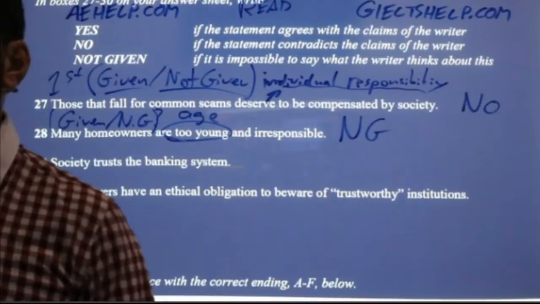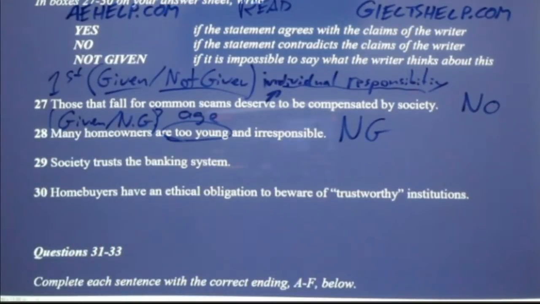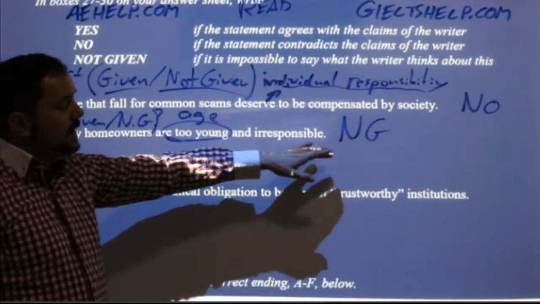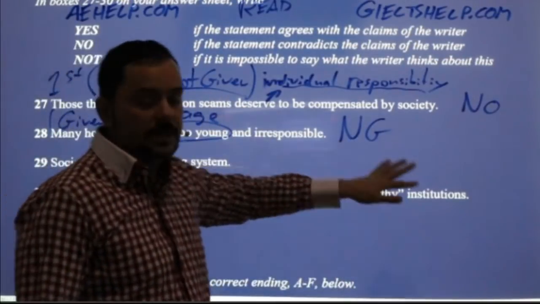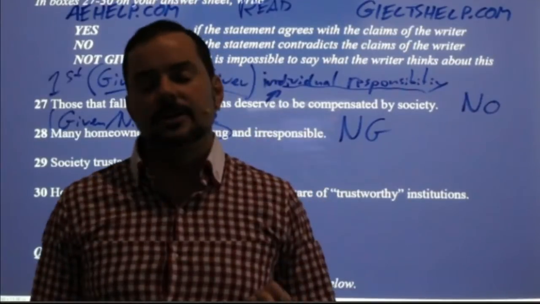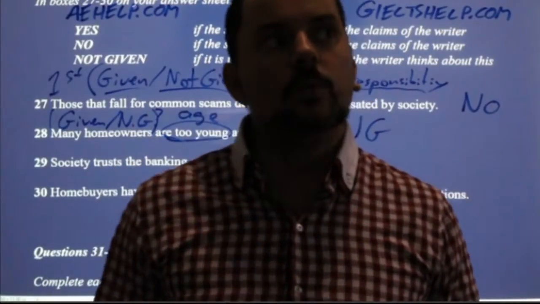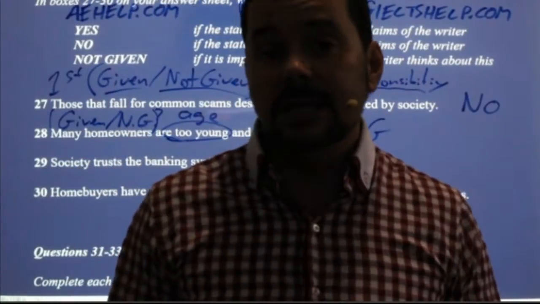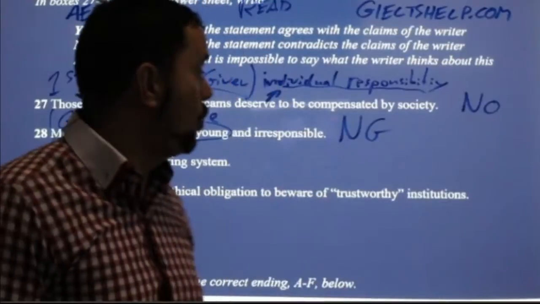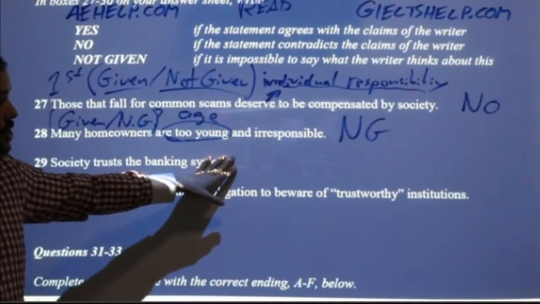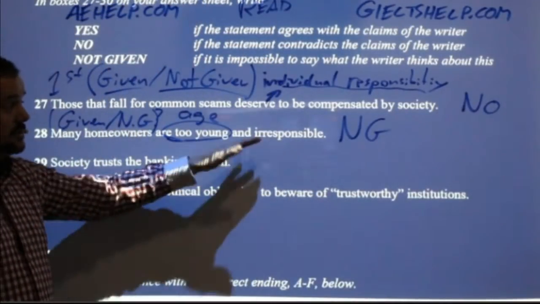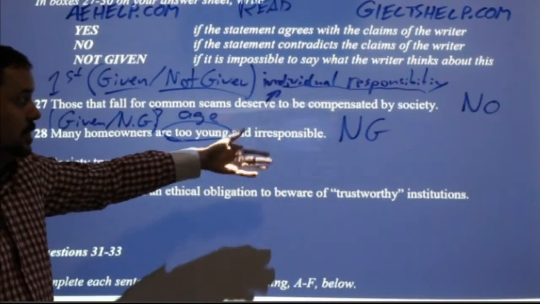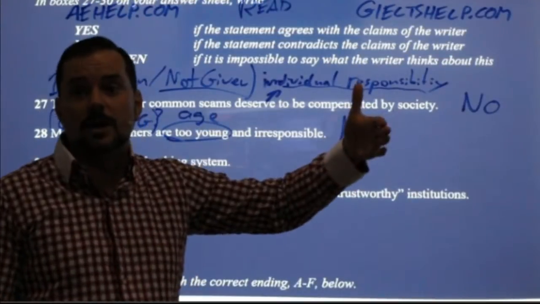Okay. So far, so good. So here, I don't even need to go to the is it true, is it not true. In fact, a lot of students find the not givens really difficult and challenging. Ironically, when you figure out how to answer the not given questions, they're one of the easiest questions because they're quick. You don't have to search. You don't have to read. You just figure out that it's not given. You don't have to think about is it true or is it not true. You just write not given and then you can move on.